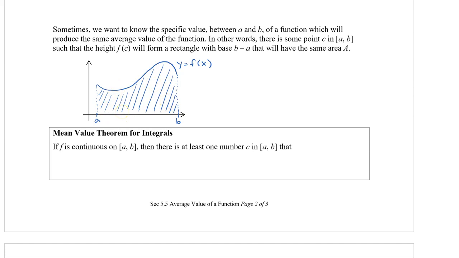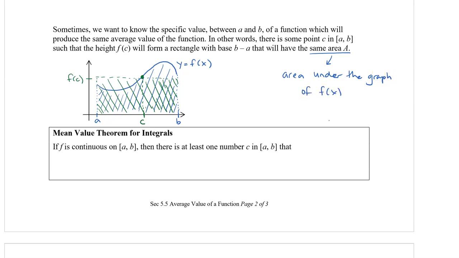Now I'm going to arbitrarily draw it on this picture, but let's say that point was right here. So let's say that this is value c. And we'll call this f of c, such that the area in this rectangle is the same area underneath this blue curve. So maybe I should identify what that same area is. So that is the area under the graph